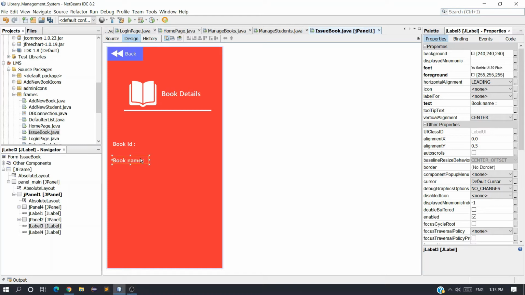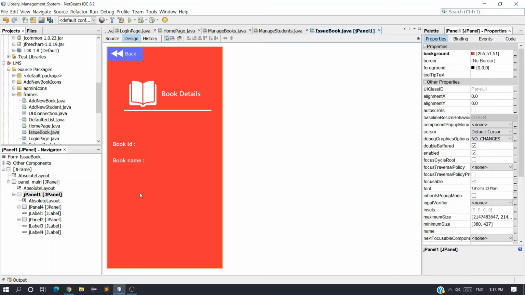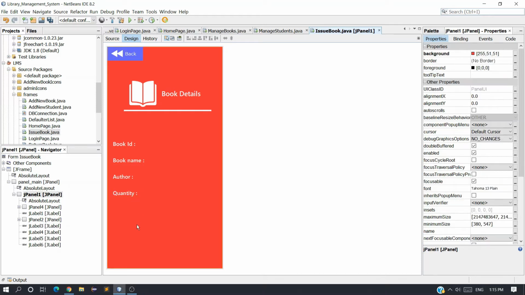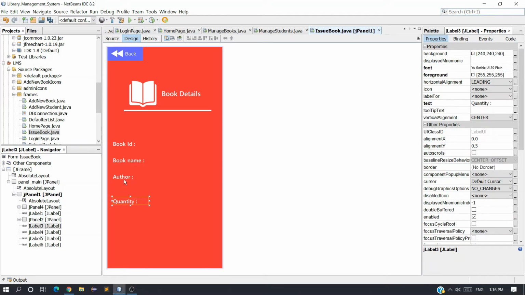And the next one is Control C and press anywhere, click the mouse anywhere, and then book name, and after that author, then Control C and Control V, and finally quantity. Just give some space.